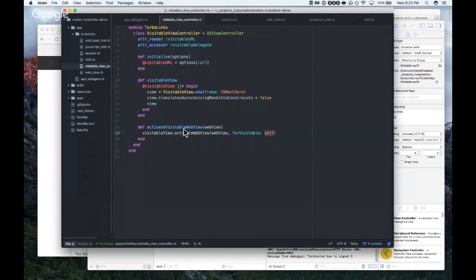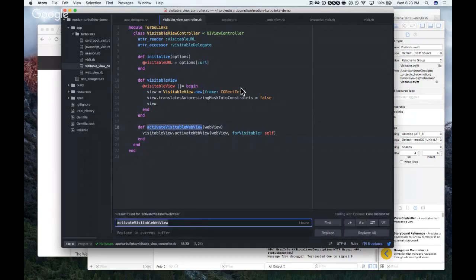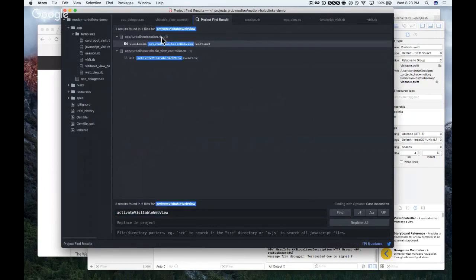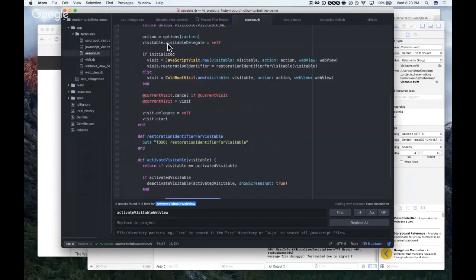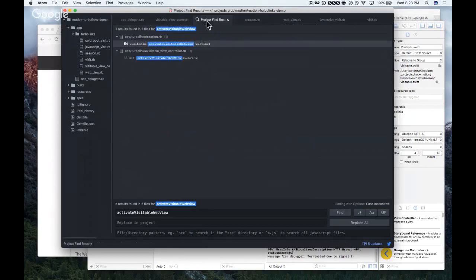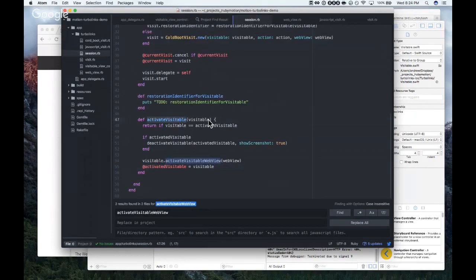Now where were we? Where did we call this? Why were we implementing this? Session. Okay, we were calling activate visitable. Where were we calling this?